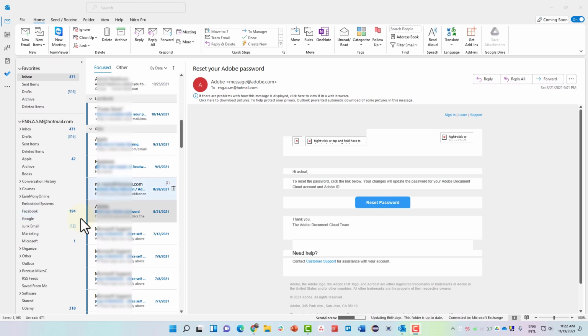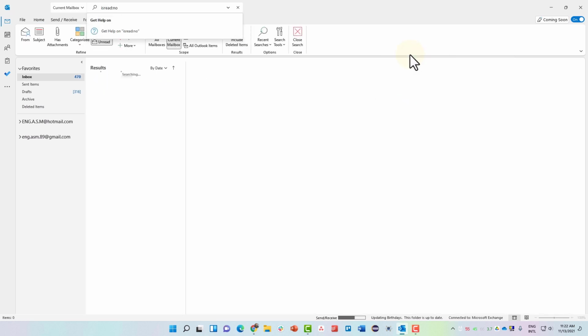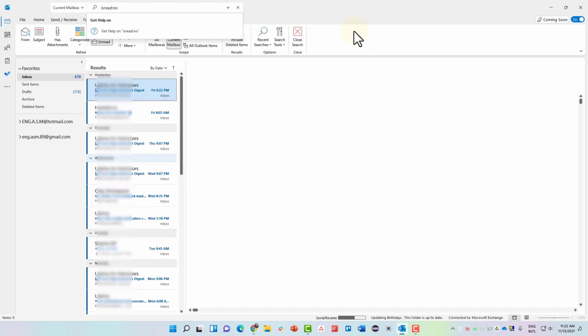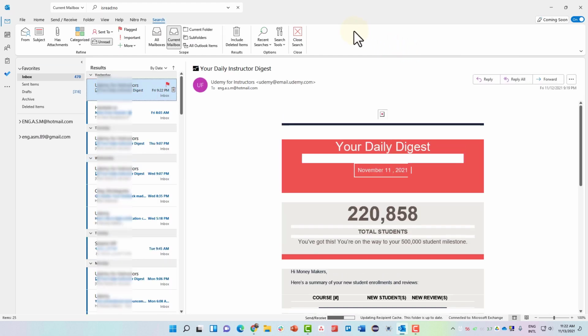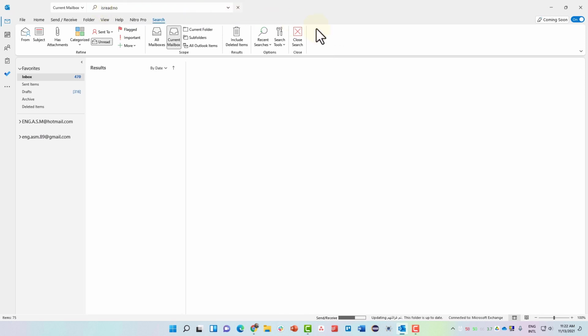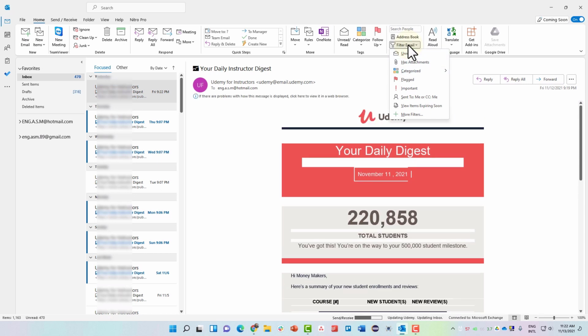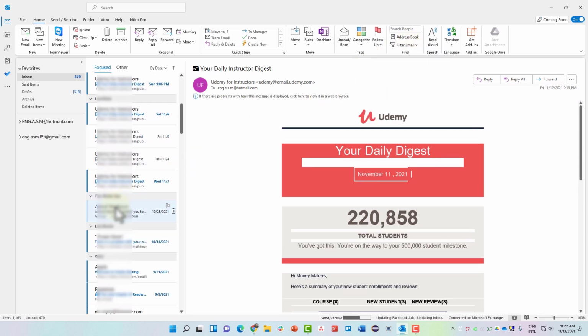Another nice way of looking up your emails is by simply going to the filter email tab here and show only the unread emails. Now once you click on it, it will change the view here. You can change this to any other thing, and as you can see, it's basically a search function. Now is read? No. Now you can close this and you can go back to filtering the emails by showing only the emails that has attachments